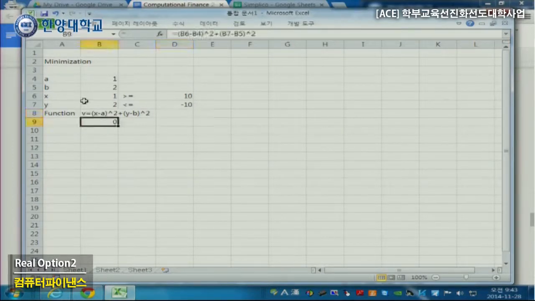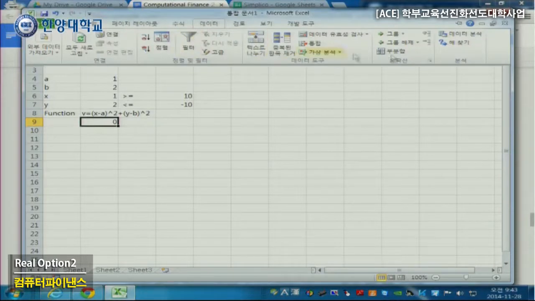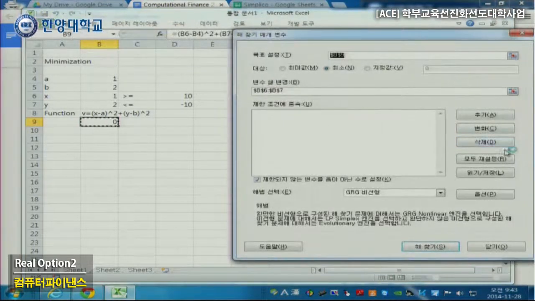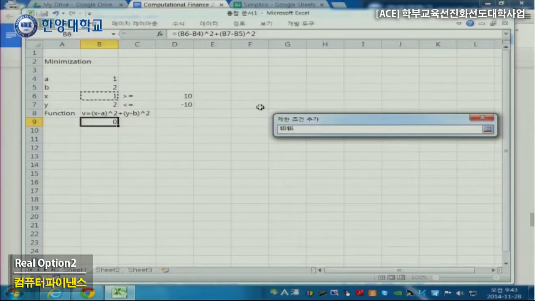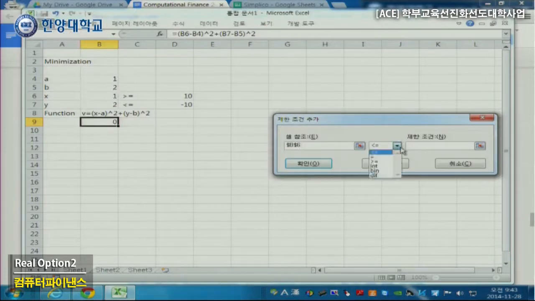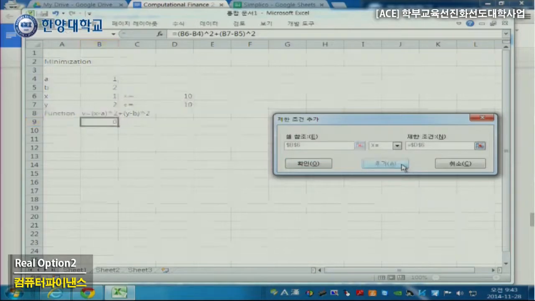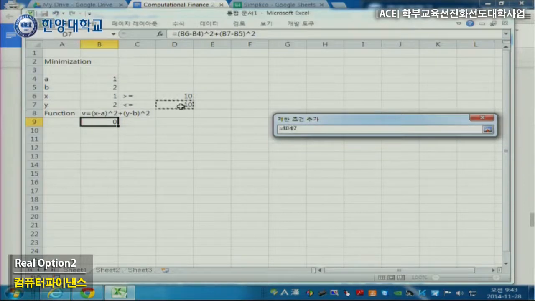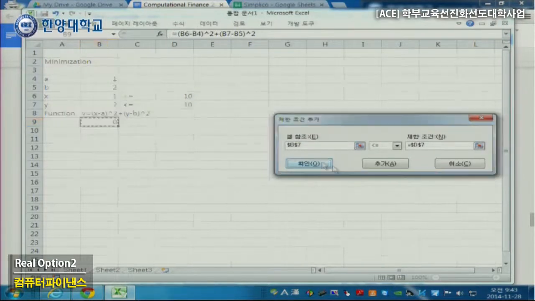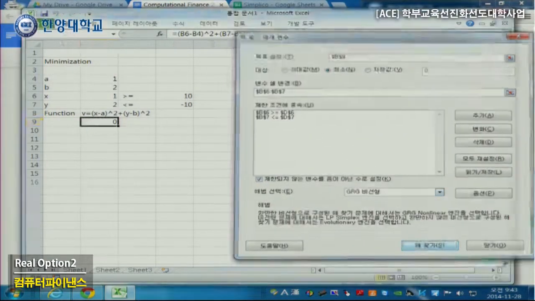So let's do that. Again, Data, Solver, and then now there is a constraint. Constraint insert. So let's say this one should be greater than or equal to this one, and then this one should be less than or equal to this one. Okay, so we added two constraints. If we run it,